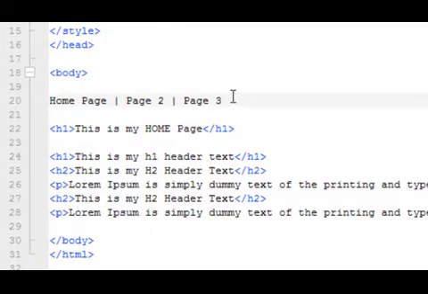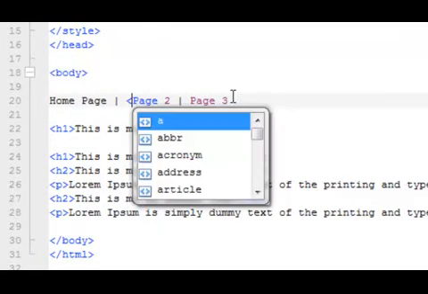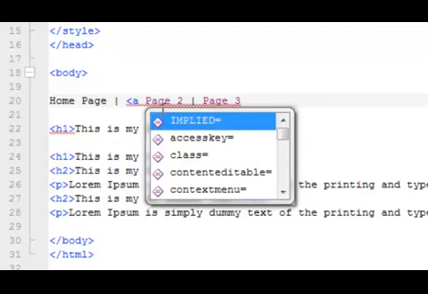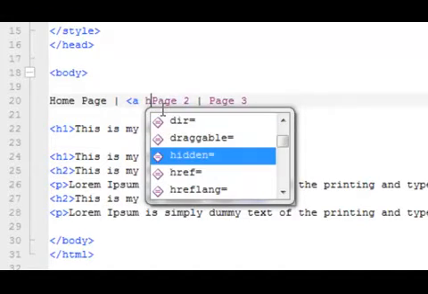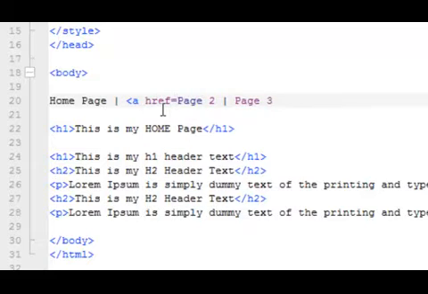So I'm going to go ahead and put my opening anchor tag here. That's the opening bracket, the letter A, just like we have showing right here in this pop-up box, and space. We now need the attribute href. I used to call this the ahref tag, and I was always wrong in doing so. It's the A tag or anchor tag with the href attribute. And that's href equal sign, and then we want to put a couple of double quotes in there